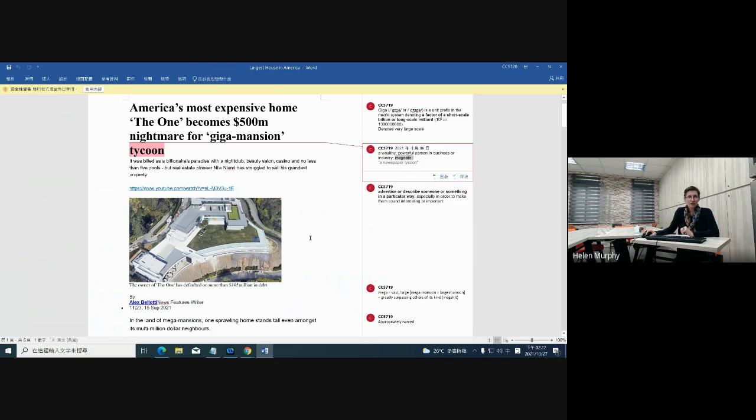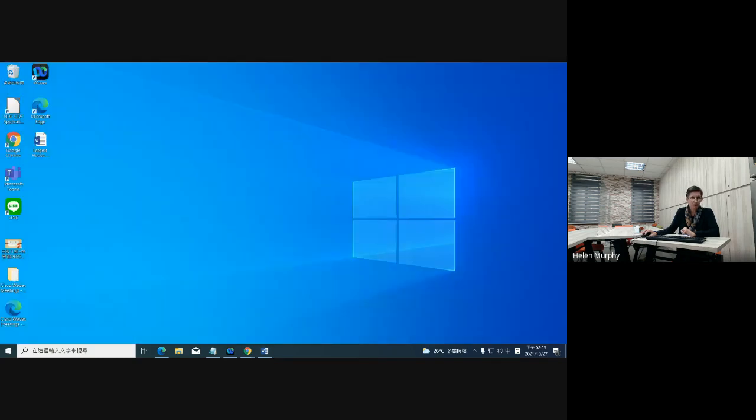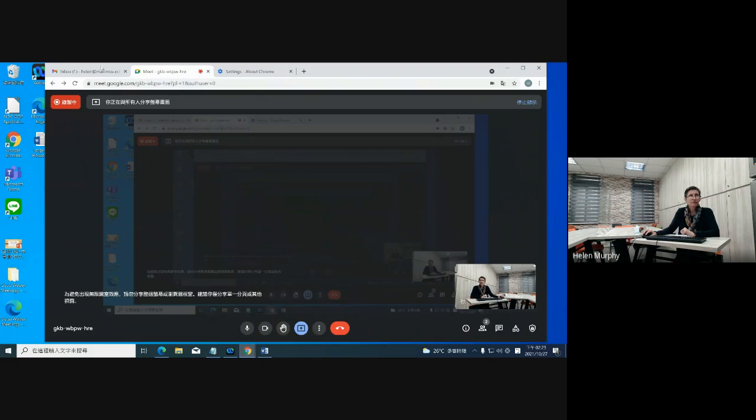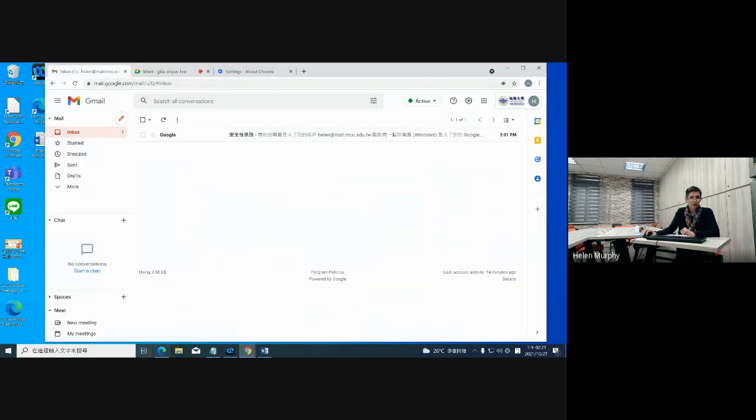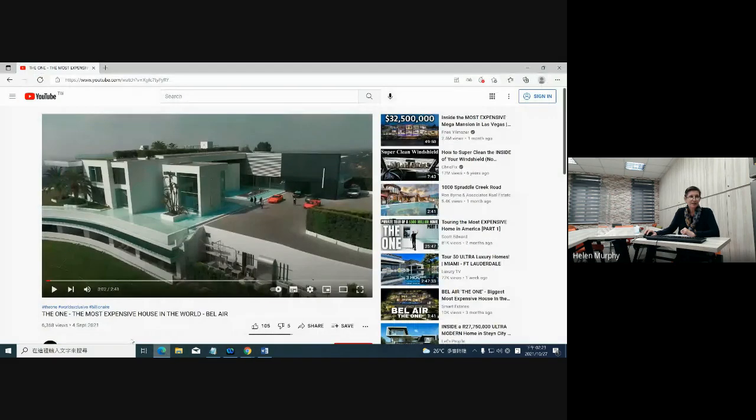Okay, so you can see the picture of the mansion here. So this is obviously a top-down photo, or we can also call it an aerial photo because it's taken from the air. What we're going to do now is have a quick look at a short video which will introduce the mansion to you, and then we'll come back and go through the video. So let's have a look. If I can find the correct screen, here we go.